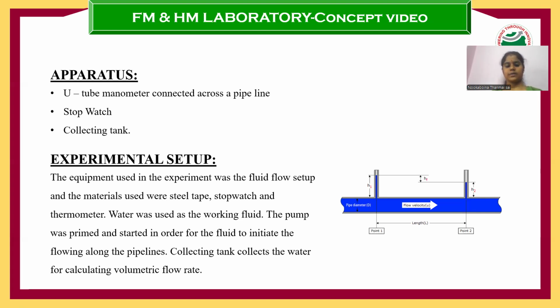Next, the channel shape. The shape of the channel's cross-section can also influence the friction factor. For example, a circular pipe typically has a lower friction factor compared to a non-circular channel of the same cross-sectional area. This is because a circular shape allows for more uniform and efficient flow.